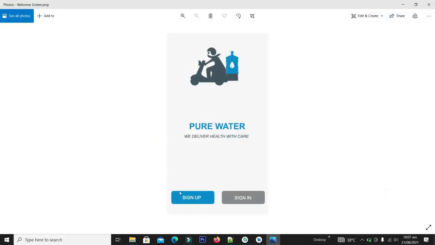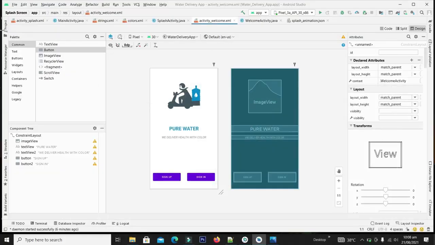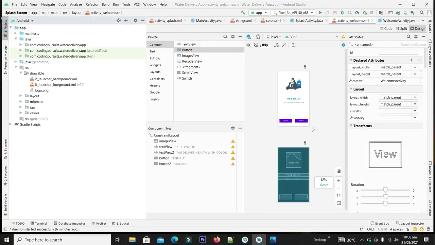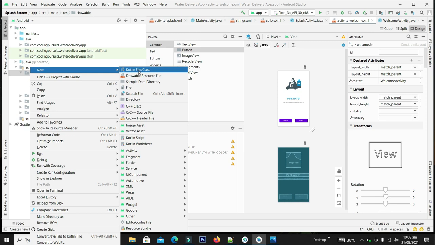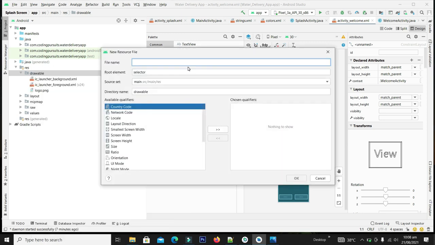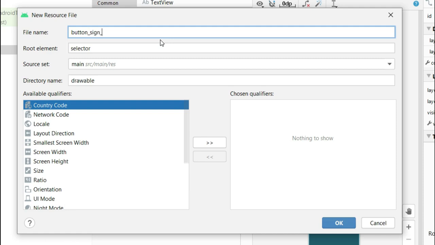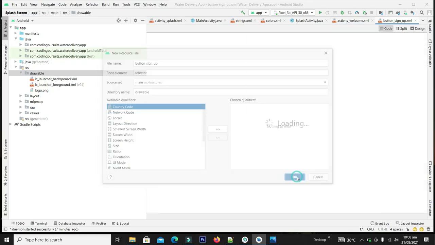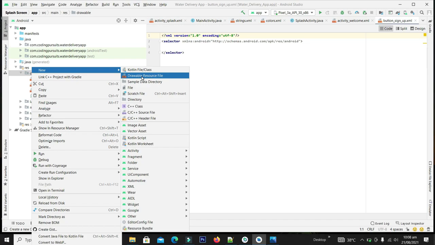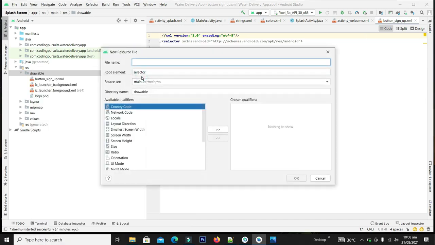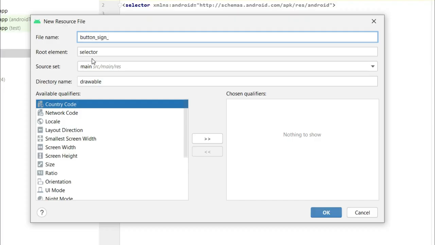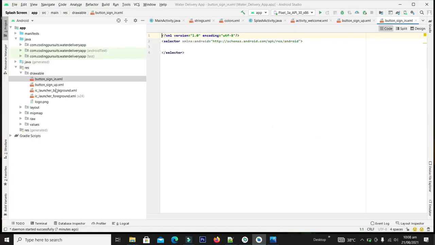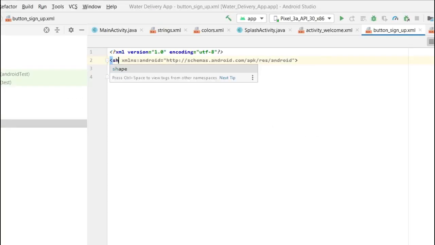Now let's give these colors and shape to these buttons. For this we will have to make two resource files which will be allocated to these buttons, one for button sign up and one for button sign in. Let's change the selector to shape,